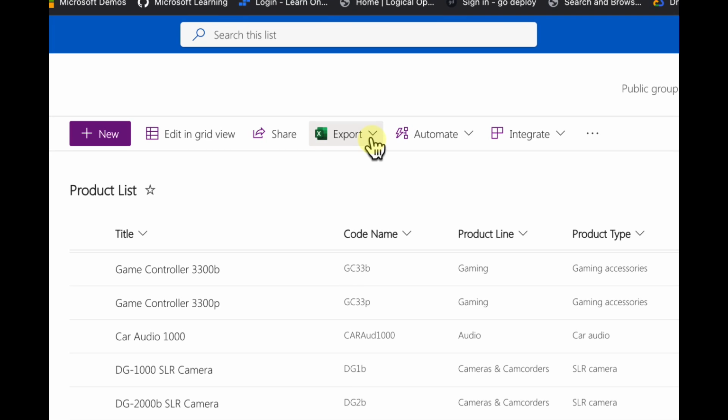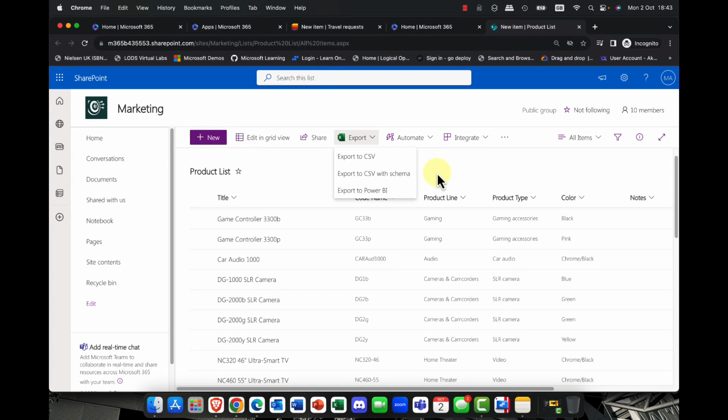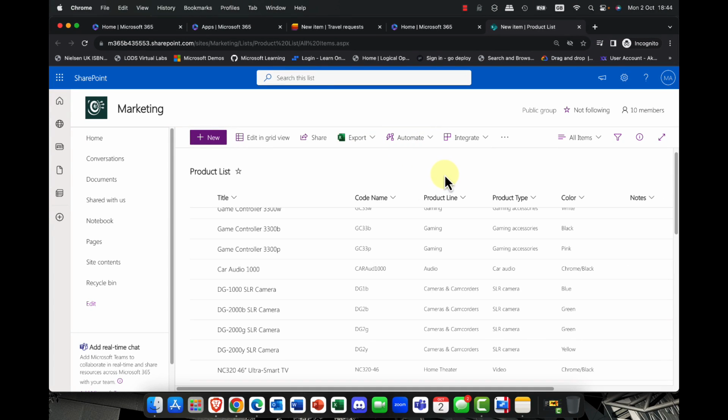Of course, one of the things you can do is you can also export content out. You can export it into a CSV file, which of course is readable by Excel, and you can also export it to Power BI. So if you want to visualize your data, then again, you can do that. You can also integrate Teams as well.